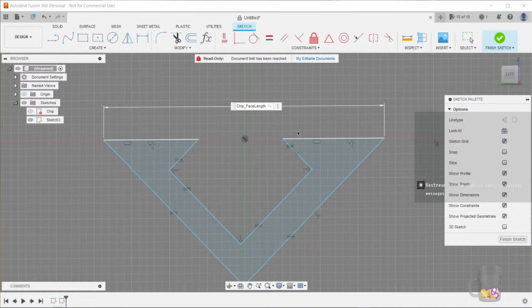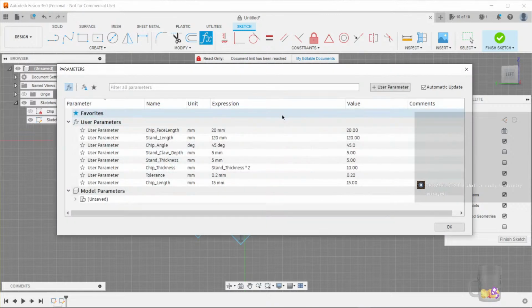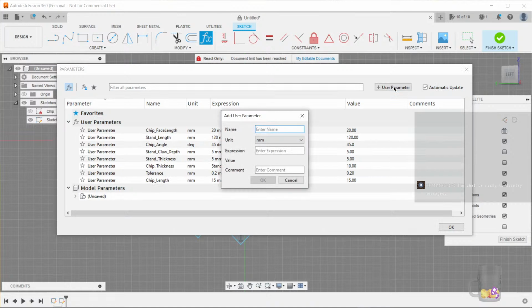Chip face length, let's just do plus 5 for now. Yeah, that's going to mess it up. I want to make a parameter, stand face length, I guess. It will be chip face length plus